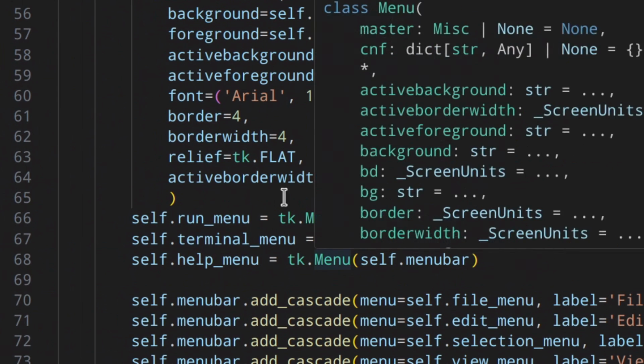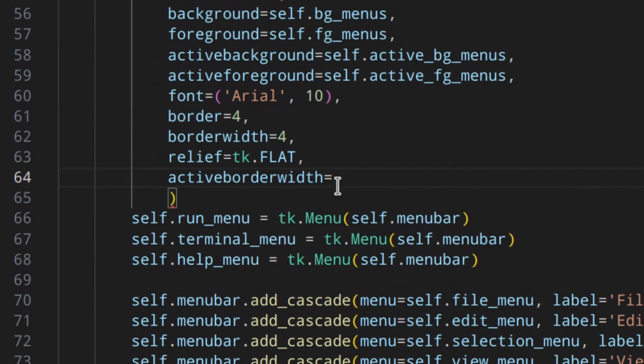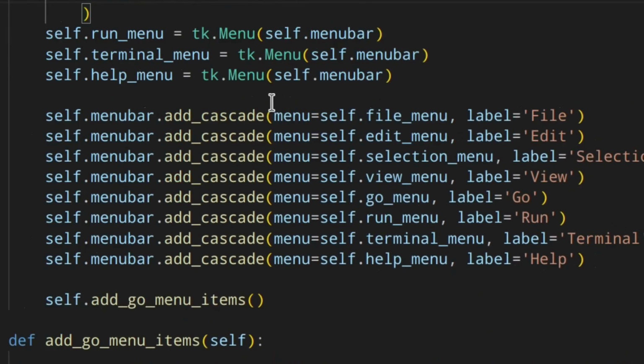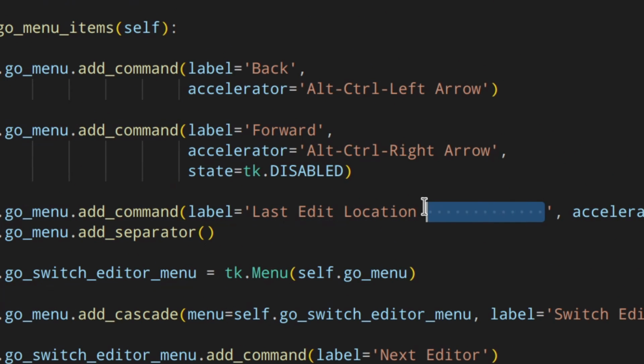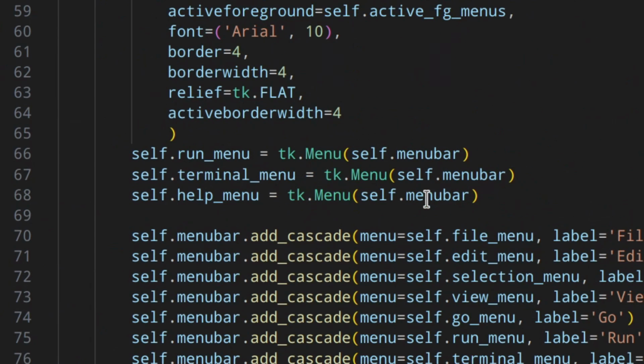So let's go back to 4. If you're using Windows, you should have 4 here, and then the border is 4 as well. And also down here, you don't need all of those spaces because we got less border. So you could just have 3. So on Windows, 3 spaces here and the active border width 4.